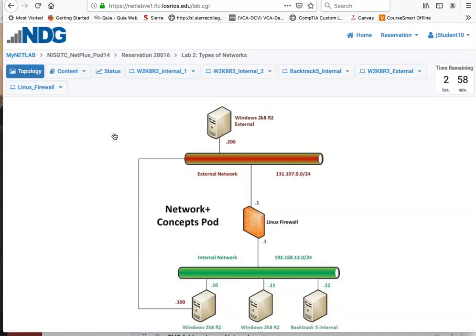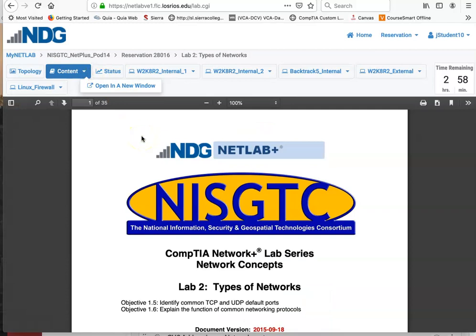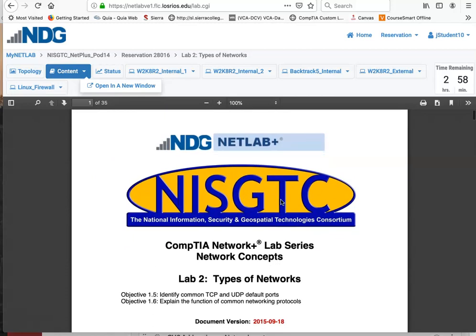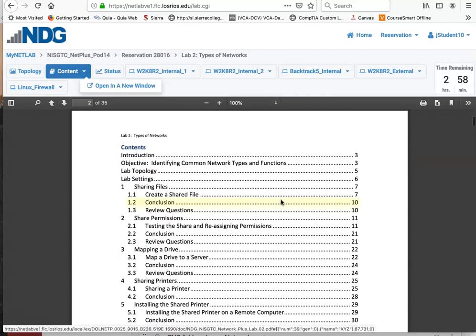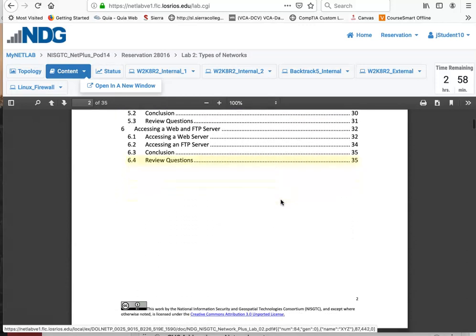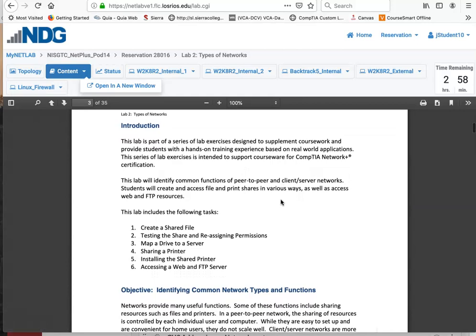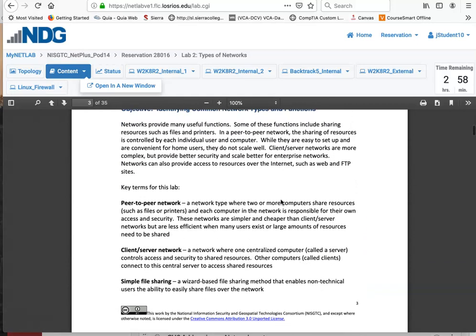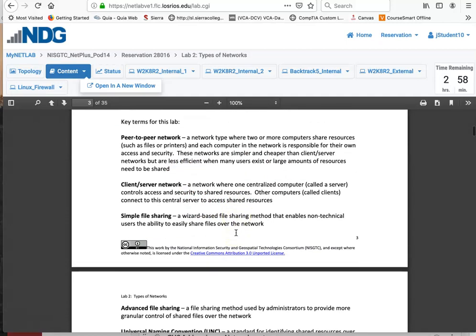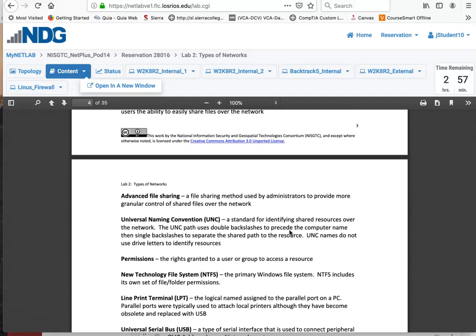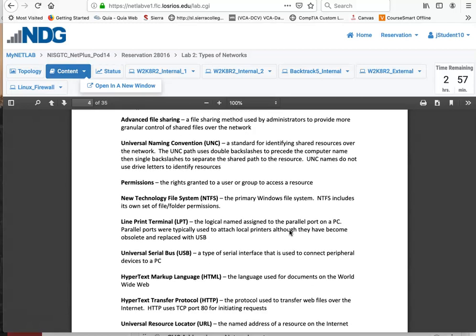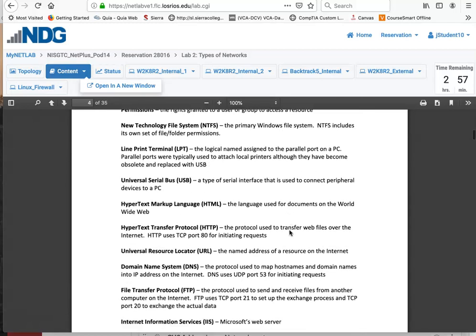Okay, now let's talk about what you can see. First thing is, here's the instructions where it says content. There's another place to get the content, and I can show you that later, but this is a good place to see it. Now, it's great if you have 2 monitors and you can put the content over on one and the rest of it over on the other. These are the instructions, okay? You should read this whole thing. This is just the order right now. Here's your introduction, and this is going to talk about network types and functions. So peer-to-peer, client-server, simple file sharing, advanced file sharing, universal permissions. This is actually all good stuff. USB, HTML,